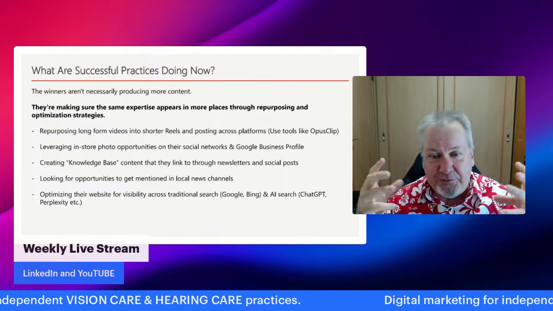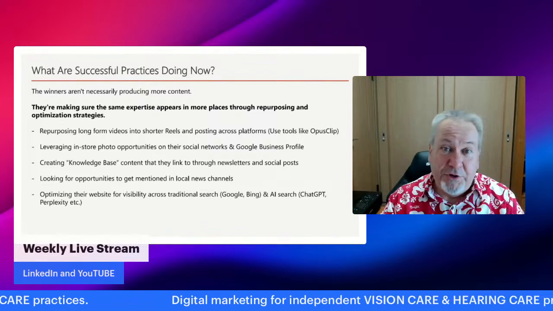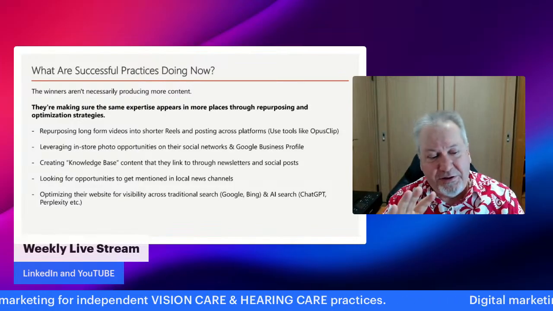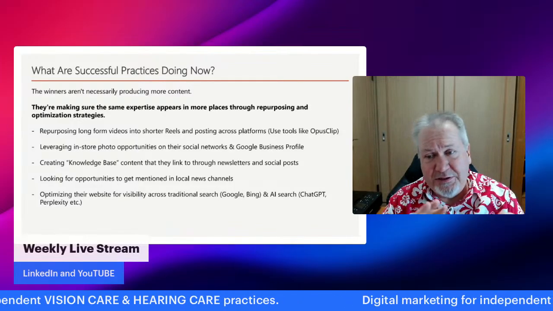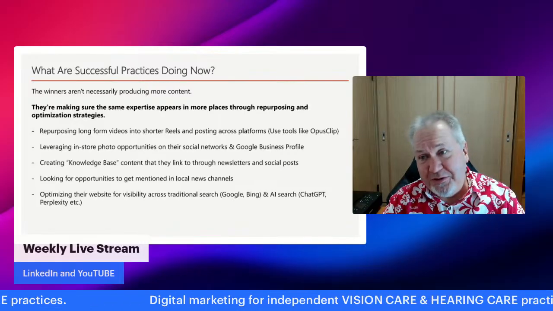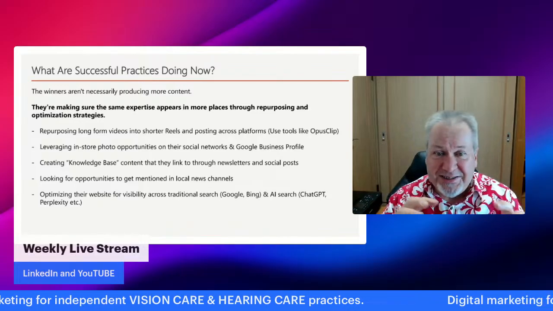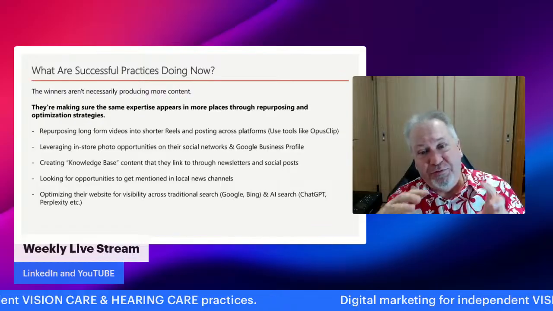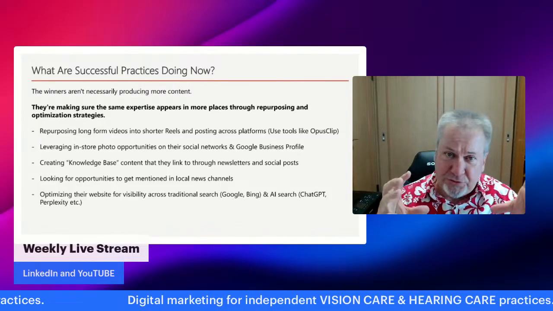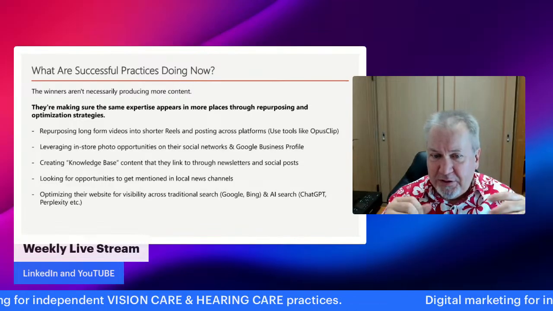For example, you might record a video on myopia management, and in that one video talk about different things like Hoya lenses, like MySight contact lenses, atropine drops, ortho-K, and each of those little segments of the longer video could be repurposed into a reel that you share on Facebook or Instagram, and other places as well.